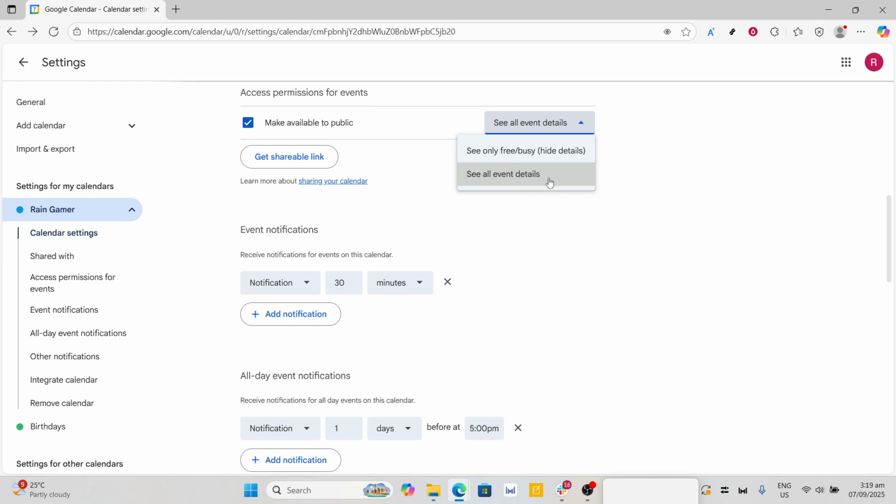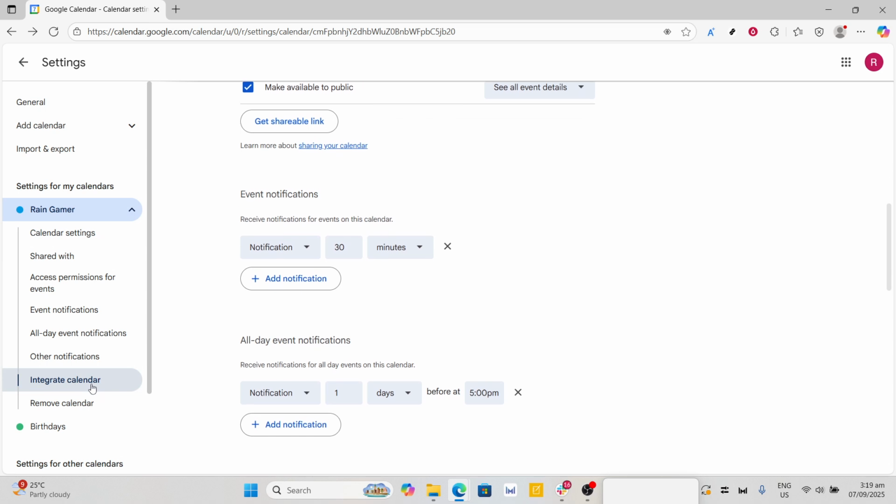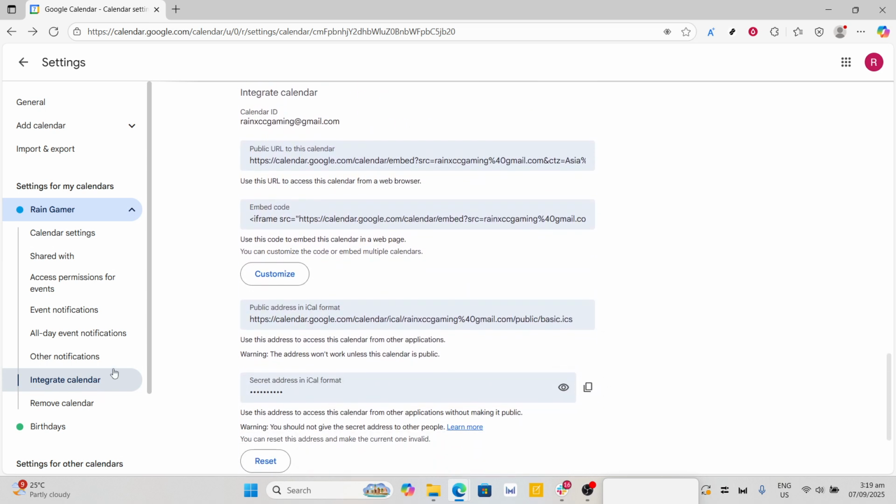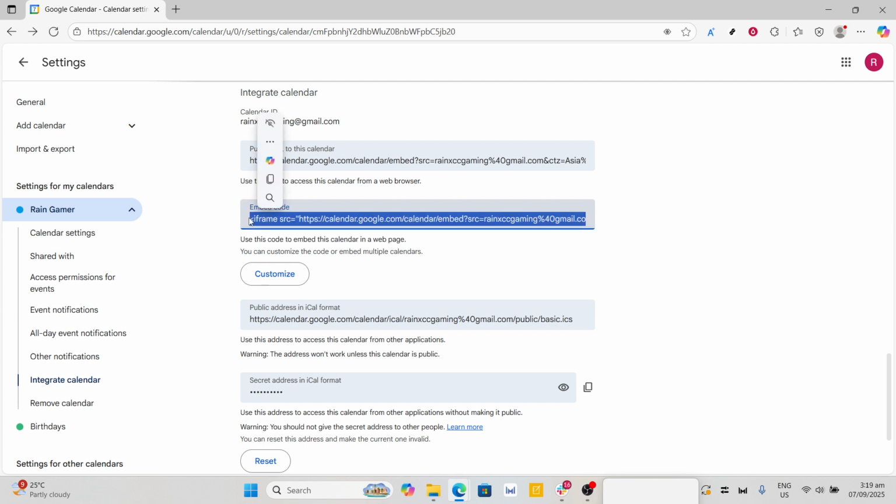Now, let's move on to integrating your calendar into a website or for sharing elsewhere. Scroll further down until you encounter the Integrate Calendar section. Here, you'll find an embed code. This code can be copied and used to display your calendar on a website or shared wherever HTML can be